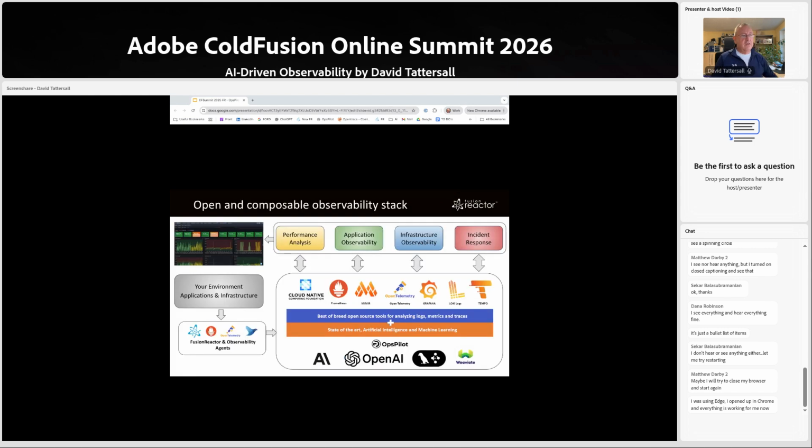Okay, so just a little image there of what we're doing. So it's performance analysis, application observability, infrastructure observability, and incident response. And we've tried to take the best of breed of open source tools and combine those with state-of-the-art AI and machine learning tools. So towards the mid of last year,